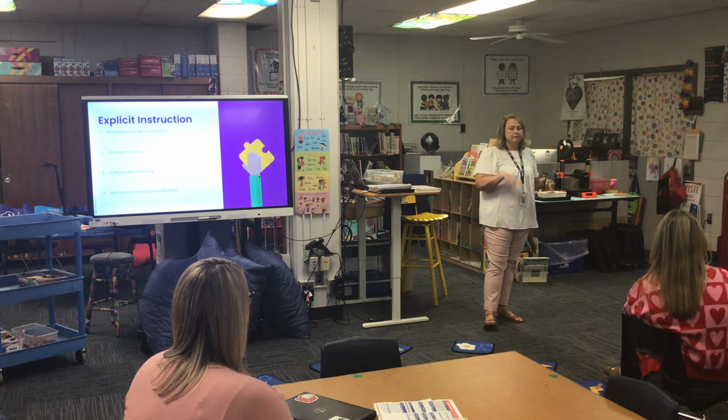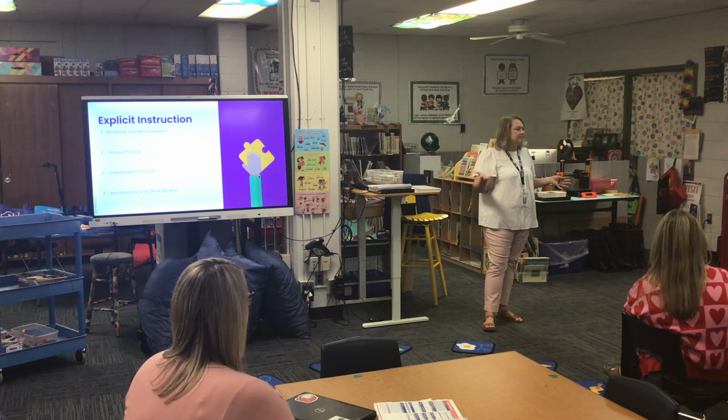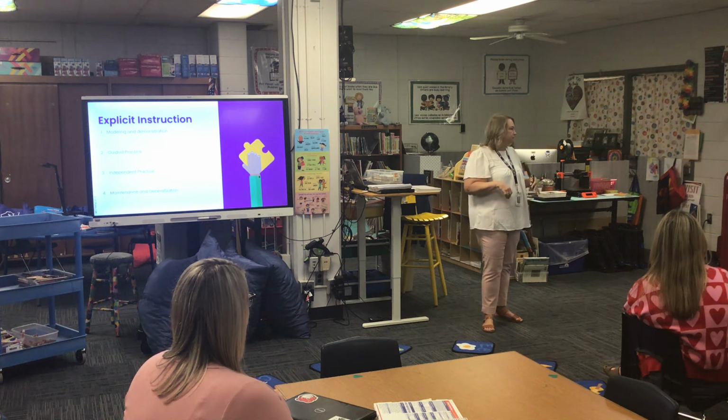And then again, if you've got some independent kiddos who maybe just did poorly on our controlled vowels, remember them, make yourself a note, pull them over when you get to our controlled vowels, teach them that lesson, give them that progress monitoring, and send them back out to be independent. That's really just for the